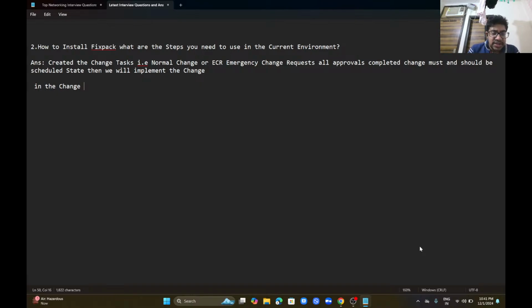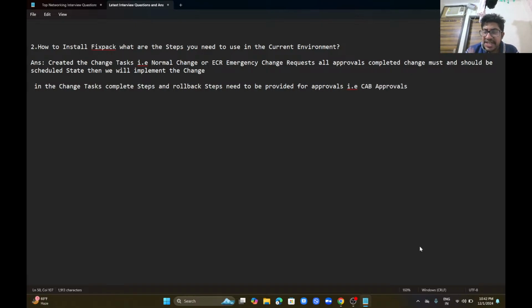In the change task, complete steps and rollback steps need to be provided for approvals, that is CAB approvals, change advisory board approvals,